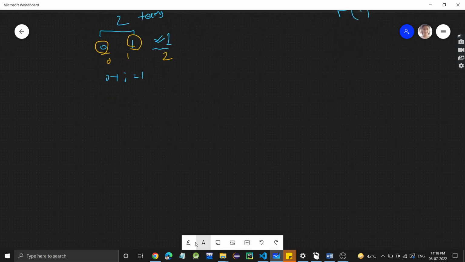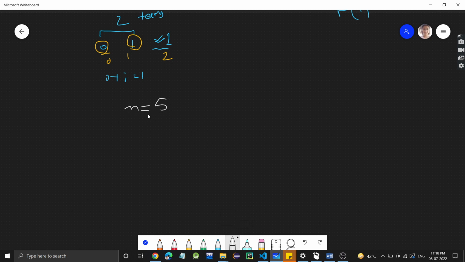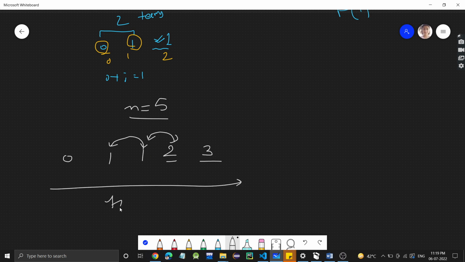So let's say if we have to find till n is equal to 5. So first two terms will be 0, 1, then it will be 1 plus 0, 1. Now this term will be sum of previous two. So what are two previous? 1 and 1. So 1 plus 1 will be 2. So 2 will be here. And what will come here? Sum of previous two. So previous two is what? This 2 and this 1. So 2 plus 1, 3. So something like this will be your Fibonacci sequence. So what will come here? It will be 3 plus 2, 5. Here it will be 5 plus 3, 8.